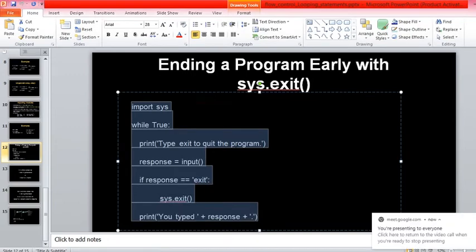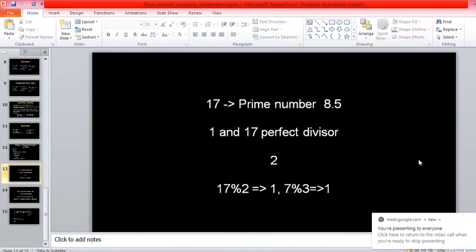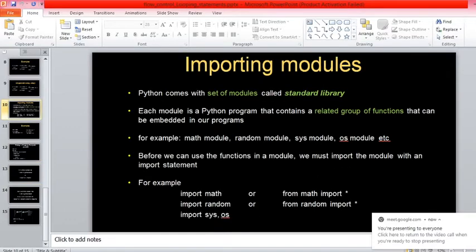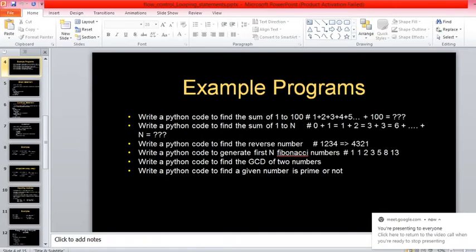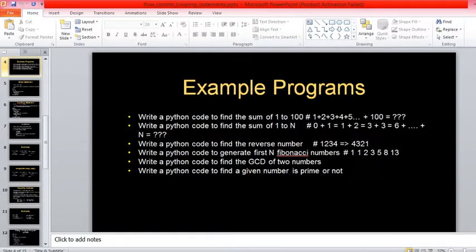But before I go for the next chapter, you have already worked on so many programs with the while loop. These are the programs which we have already worked on with while loop. Now your task is to write these programs with the help of for loop, because in the last class I already discussed for loop. You can use the for loop to write the programs for these. Will you?